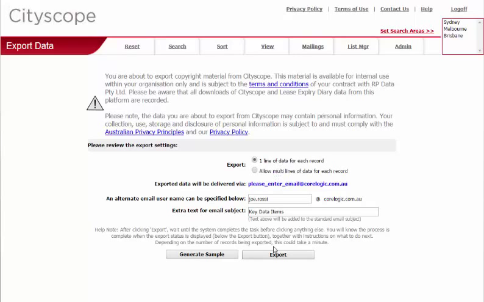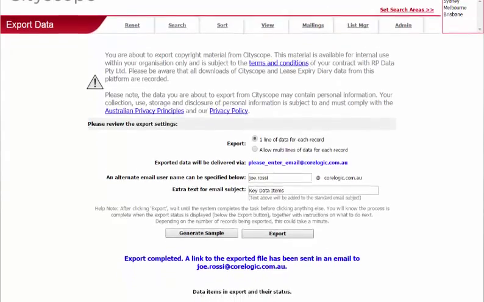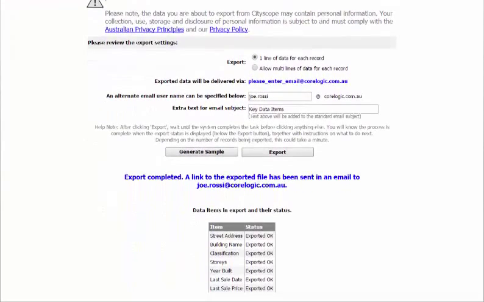To perform the export, click Export. The Cityscope platform provides messaging confirming the export was completed and that the email has been sent. You will also see a list of fields exported and the status of the export. There are very few restrictions on exports, but if for some reason the data item cannot be exported, it will